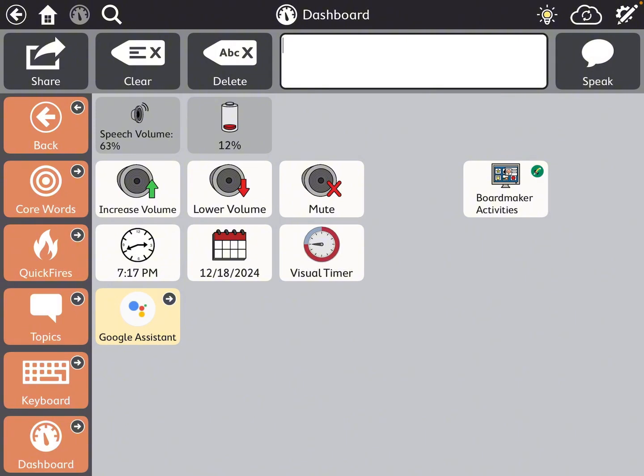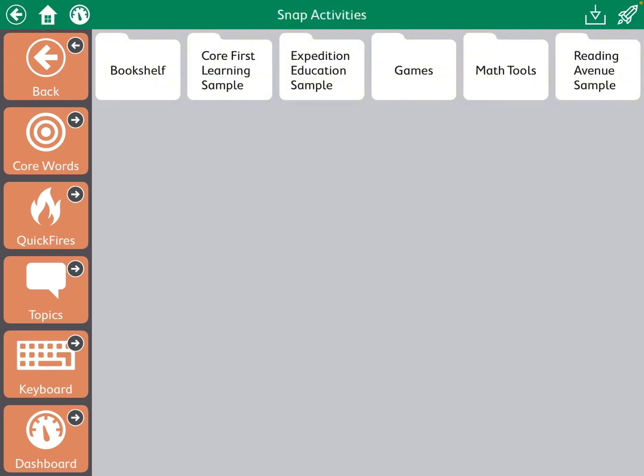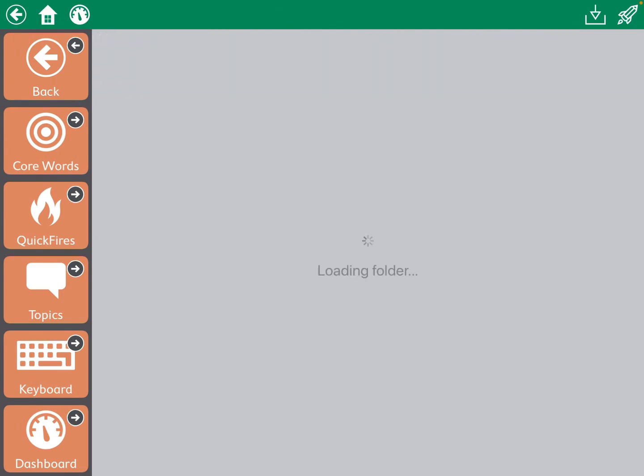Okay, so now let's say I want to get in there. Let's see what the user can access. We have a bookshelf with books. We have Core First Learning samples, Expedition Education samples. We have games, we have math tools. There's something called Reading Avenue sample. I'm going to go to my bookshelf first, and it's going to load a bunch of books